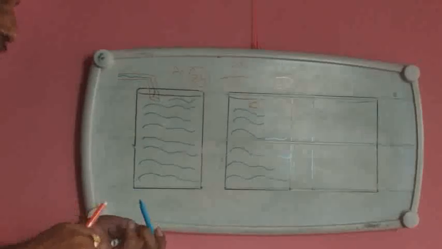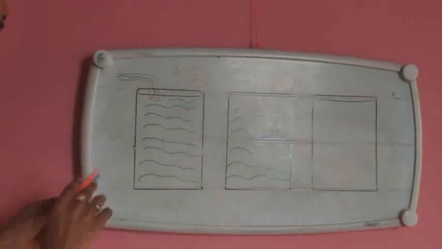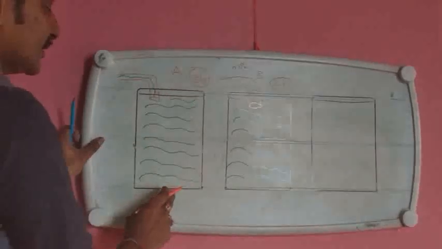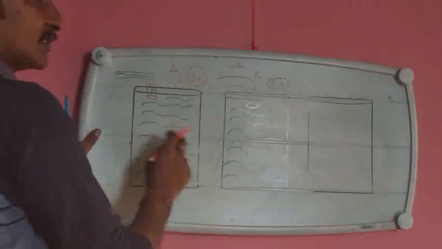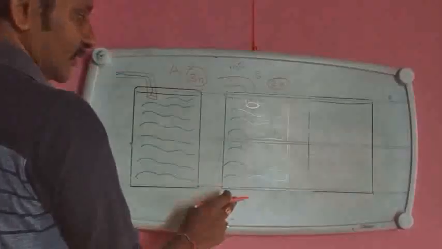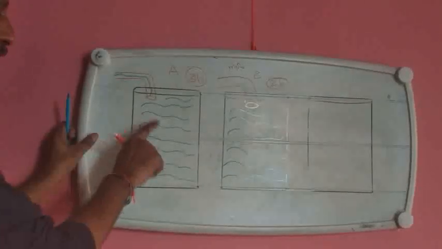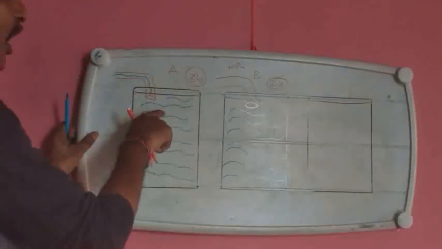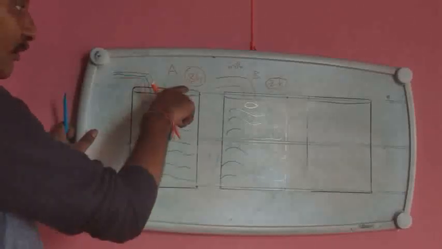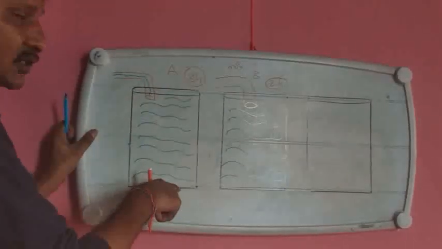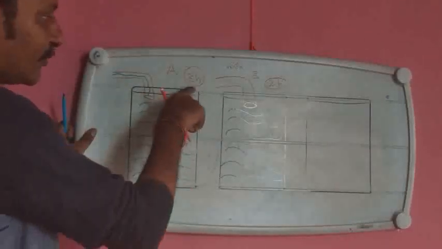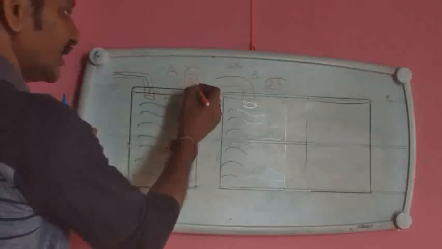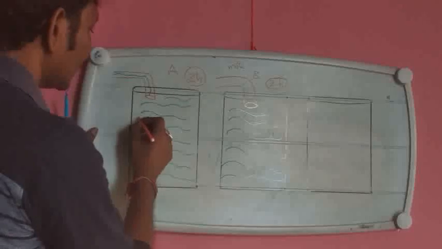So here I have taken two different taps. Tap A is filling the tank in 3 hours. Tap B is filling the tank in 2 hours. Now, what is my question? In 1 hour, how much portion will be filled? In equal hours, equal portions of water will be filled. Did you understand? In 3 hours, this tank will be divided into 3 equal parts.